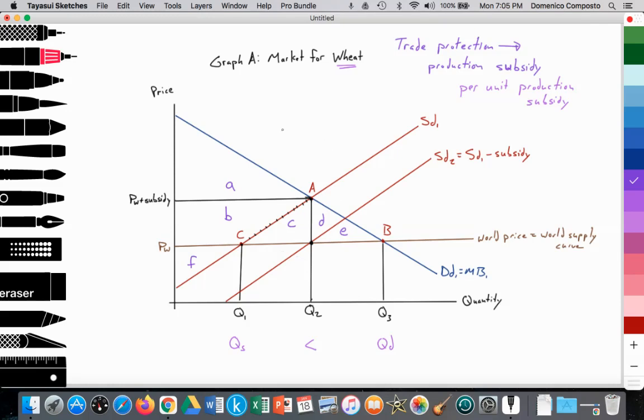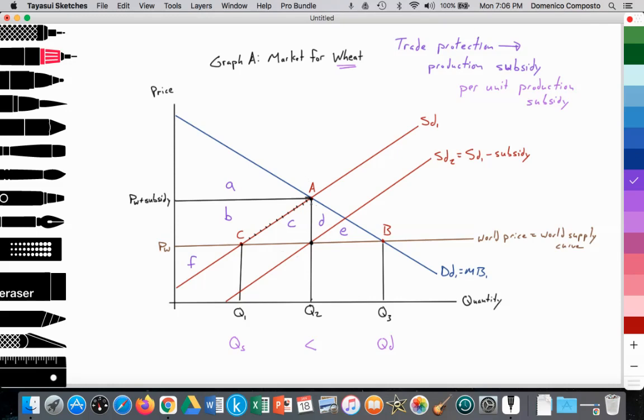As can be seen, we have a domestic economy looking at the market for wheat. We're measuring quantity on the x-axis, price on the y-axis. We have a downward domestic demand curve labeled DD1, which is equal to the marginal benefit. And we have an upward sloping supply curve in the domestic economy labeled SD1. Where SD1 equals DD1, it provides an equilibrium price at point A with an equilibrium quantity also at point A